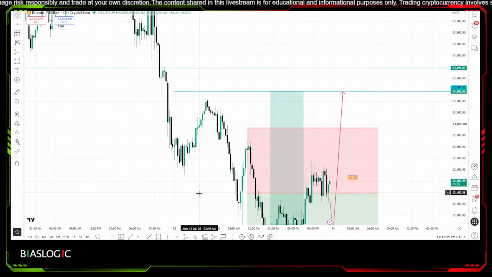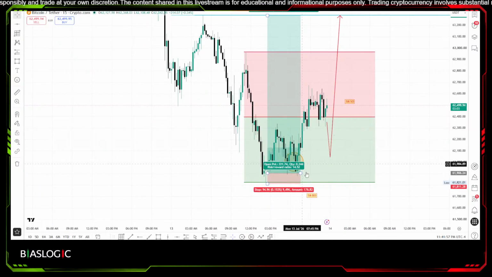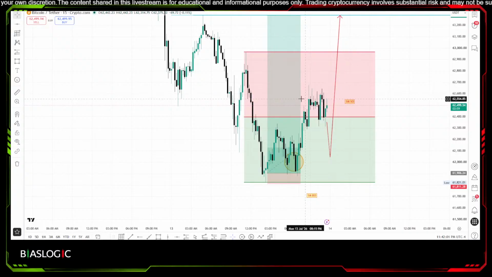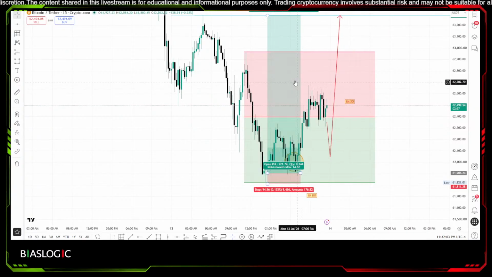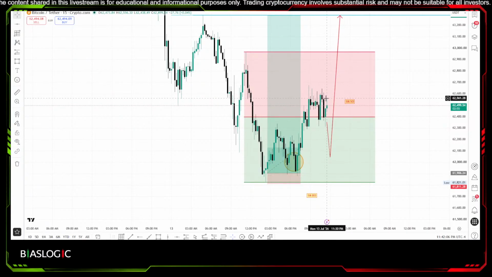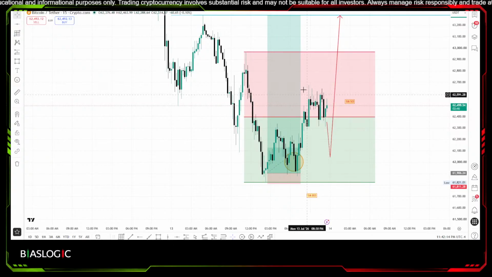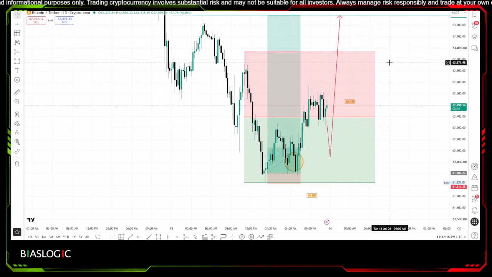Like you can see the pullback, and they also thought that this is a pullback and the market is going to come down. So they punch a lot of sell orders here. Now that's one of the reasons why it keeps getting rejected here, because there's a lot of sell orders here, and that's what the manipulator and the market want, because this all will be taken in just one single weak,